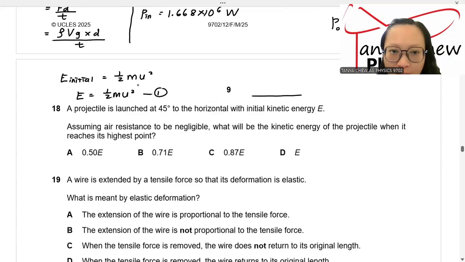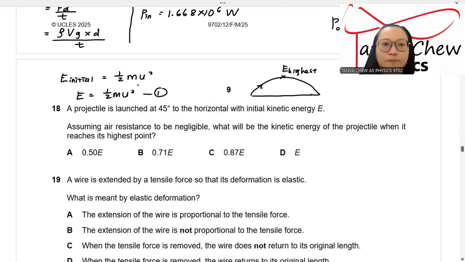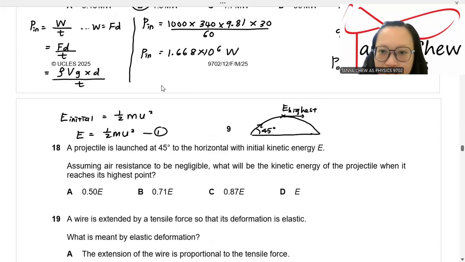And this is a projectile and it reaches the highest point. This is the highest point. Okay, E at the highest point, you have to bear in mind, because this is 45 degrees, is related to E horizontal, the kinetic energy in the horizontal direction. Why? Because at the highest point, I can only resolve the velocity into the horizontal direction, which is this direction. So E highest